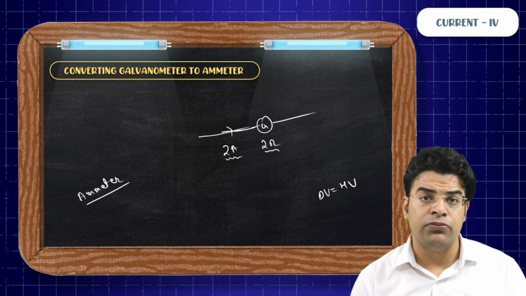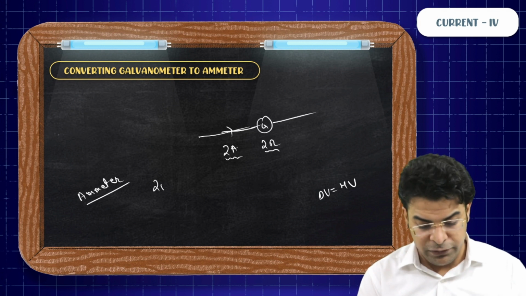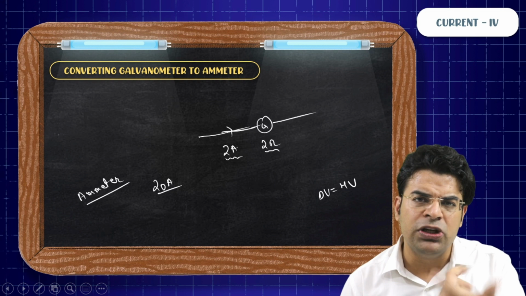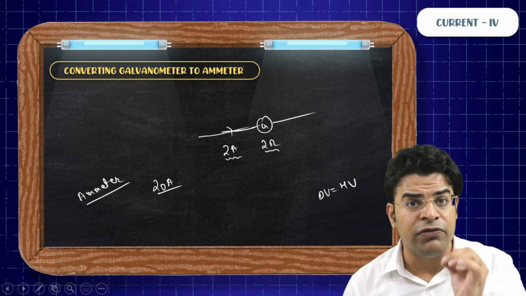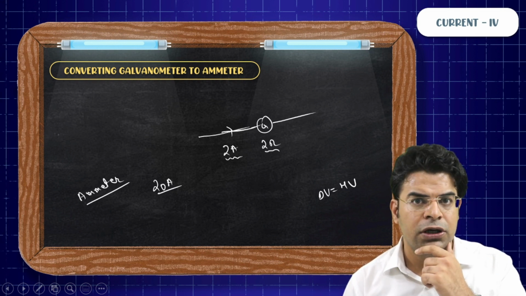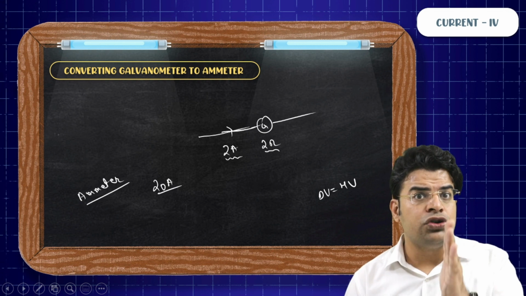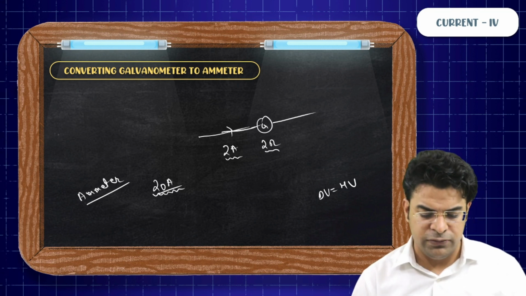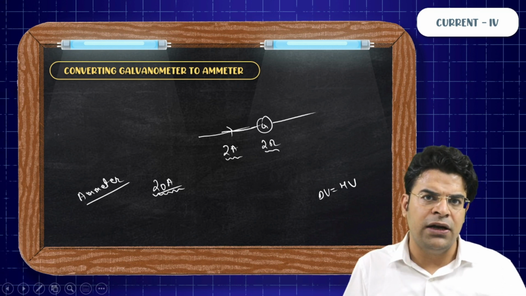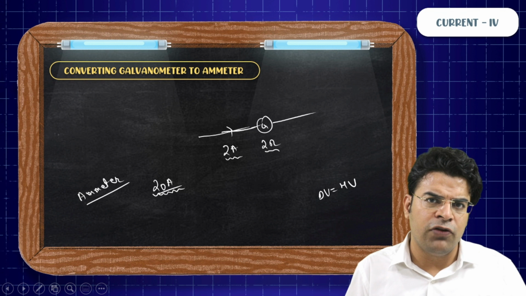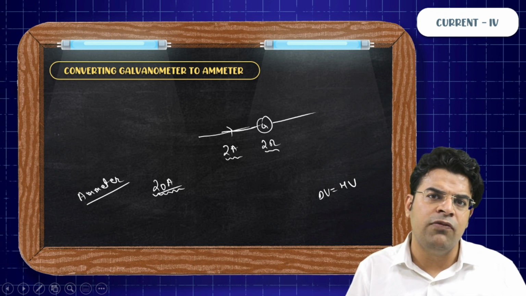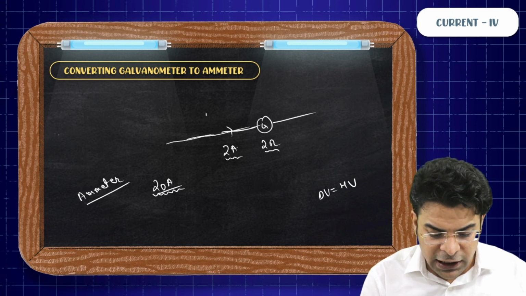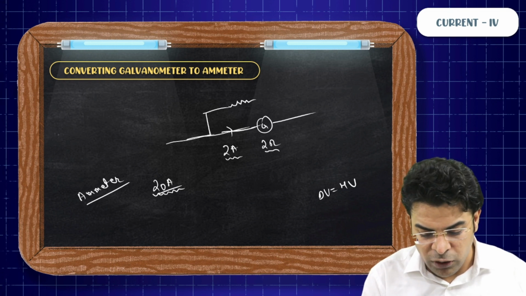which can measure current up to 20 ampere. But the current that can flow through this galvanometer maximum is 2 ampere. You need an ammeter which can measure current up to 20 ampere. So it means that the ammeter should show full scale deflection when a current of 20 ampere goes through it. But sir, if you try to send more than 2 ampere of current in this galvanometer, the galvanometer will get destroyed.